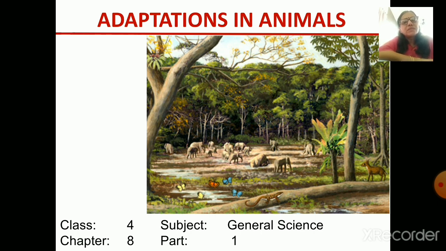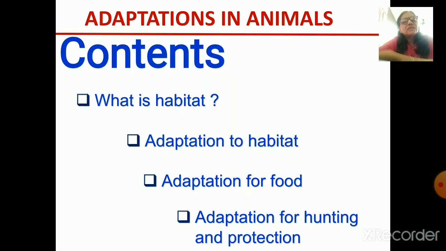It is chapter 8 and we will be doing part 1. See, these are the topics that we are going to learn in this chapter: what is habitat, adaptation to that habitat, adaptation for food, and also adaptation for hunting and protection.